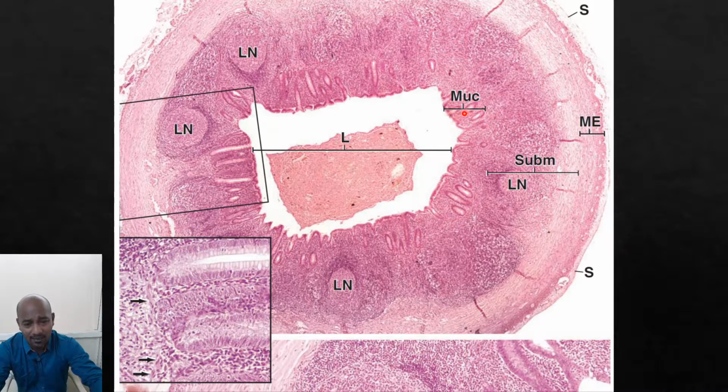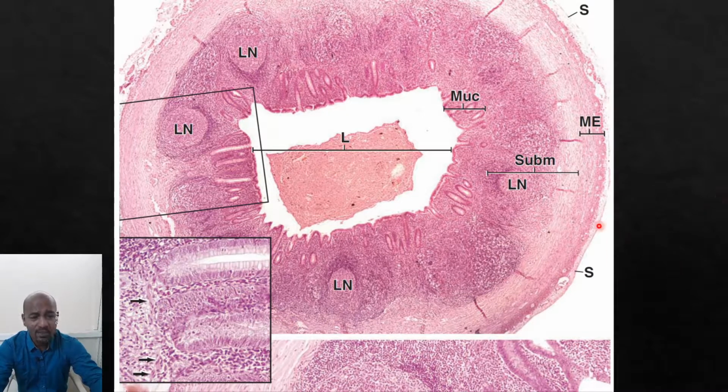So that is the mucosa, then this is the submucosa, and you can see the lymphoid aggregates extending from mucosa to the submucosa, and lymphoid follicles or lymphoid nodules clearly having a germinal center. And here you can see the mucosal glands, the intestinal glands containing plenty of the goblet cells and the absorptive cells. And at the bottom you may find some enteroendocrine or neuroendocrine cells.